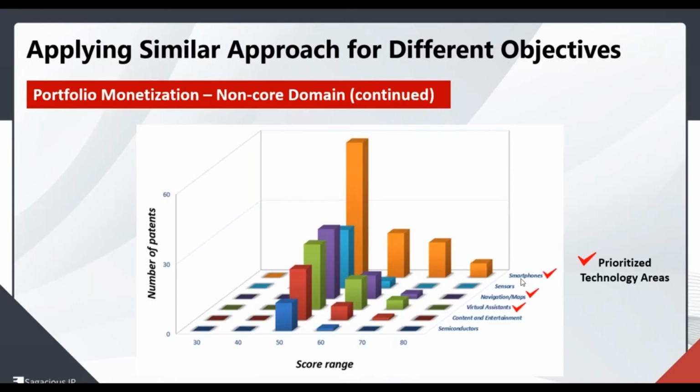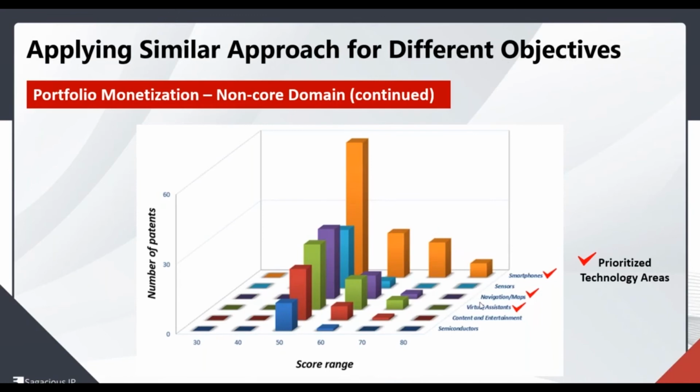You would see that the patents in smartphone are high in number, and also in terms of quality, as shown by these orange bars. There are patents with a ranking of 80 and above, and also scores of 70 and above, in this smartphone category. It also has a number of patents in the 50s rank. So we can pick this technological domain or market area to begin with.